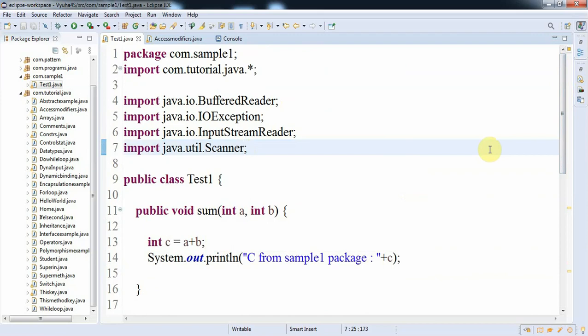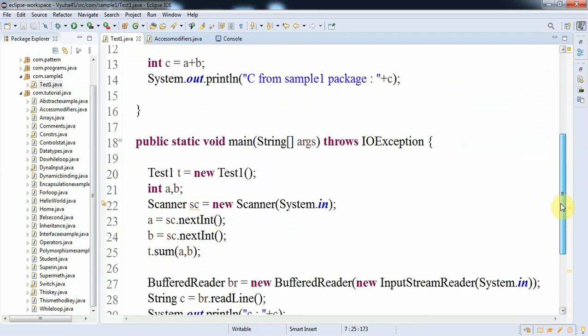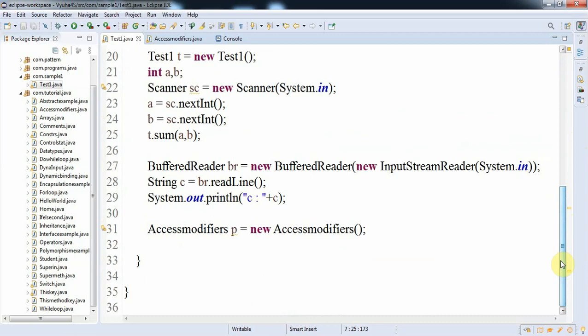So already Java has built this particular scanner class, and it is present in util package. So we have to import java.util package in order to make use of the scanner class's functionality. And here we can make use of scanner, and then we can perform the addition operation.